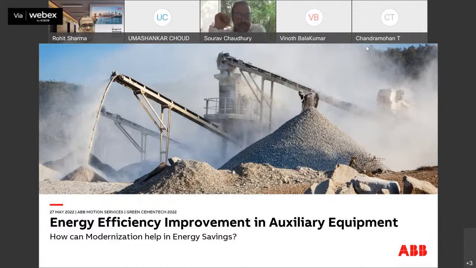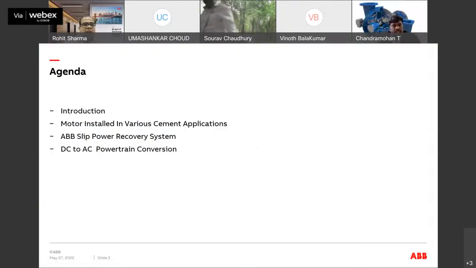So basically, I'm taking care of the modernization portfolio in the drive segment and the motor segment. We will touch upon how the drives and motors are helping in such kinds of systems. Setting the agenda for this context, first is how this modernization is helping motors installed in the various cement applications, where we have to look